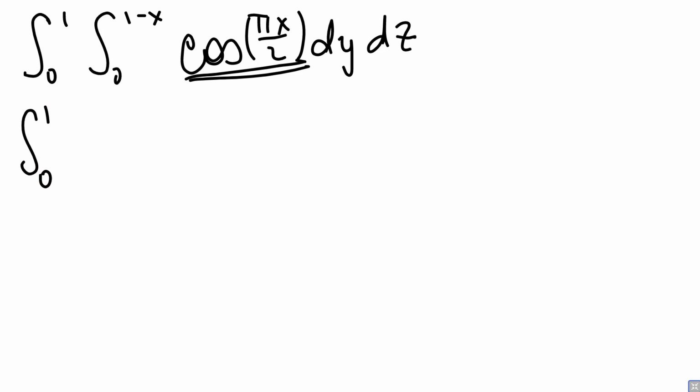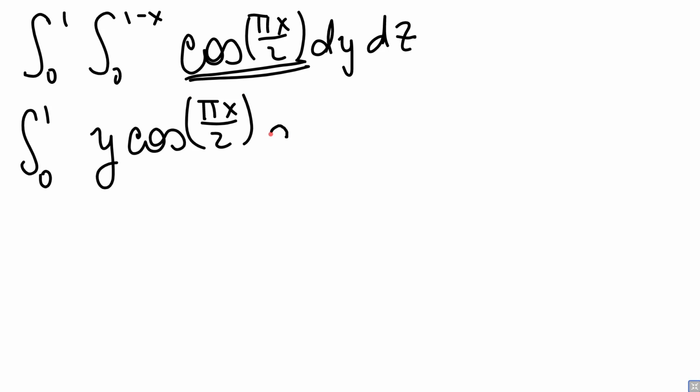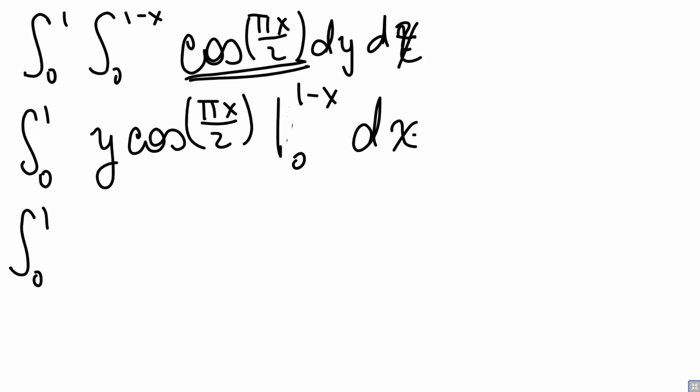So we're going to have the integral from 0 to 1 of y times the cosine of pi x over 2, evaluated from 0 to 1 minus x. At 0, it's 0, so we don't worry about it. So we're just going to put the 1 minus x in, and it should be dx, not dz. So we're going to have the integral from 0 to 1 of 1 minus x times the cosine of pi x over 2